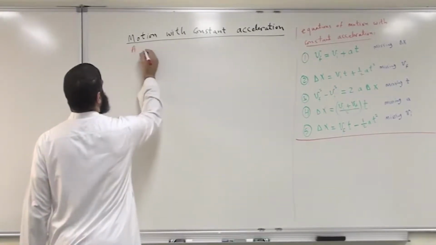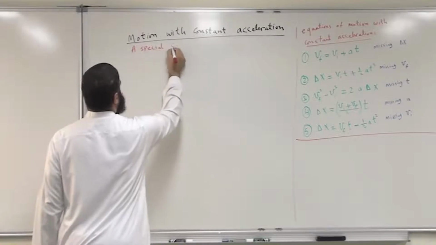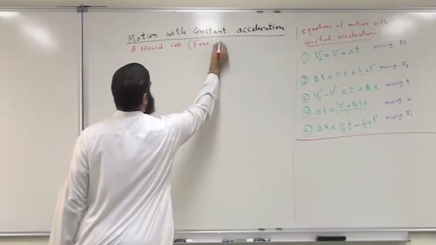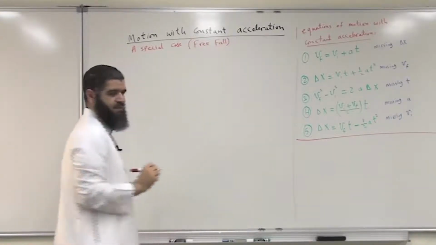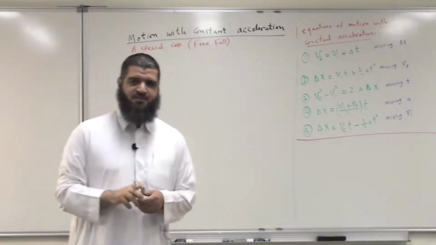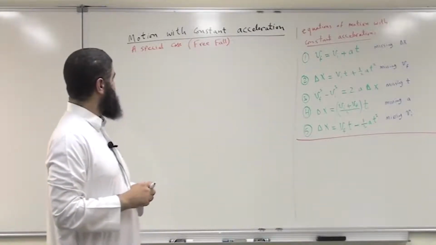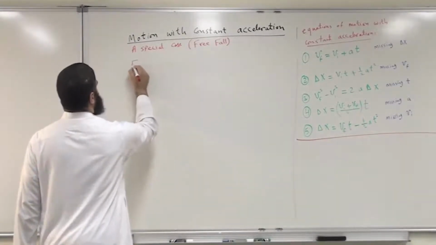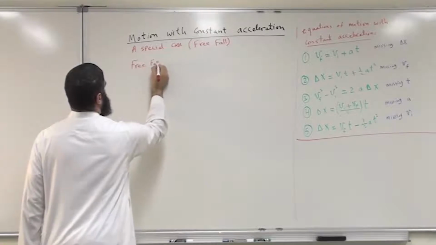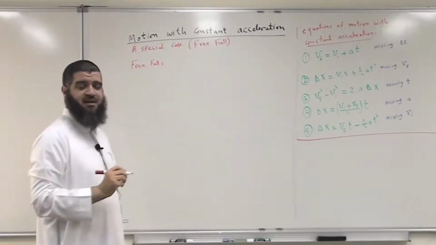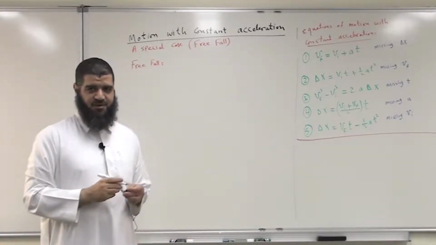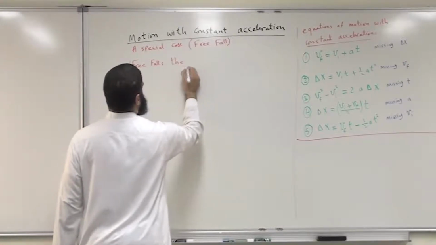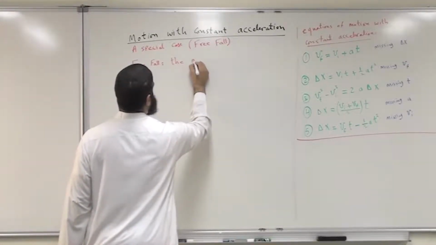So this is a special case. This special case is the free fall. The motion of free fall is considered to be a special case of the motion with constant acceleration. What do we mean by a free fall? Let me start by definition. Free fall motion is the motion under the influence of the gravitational force only. If the object is moving while the gravitational force is the only force acting on it, the motion